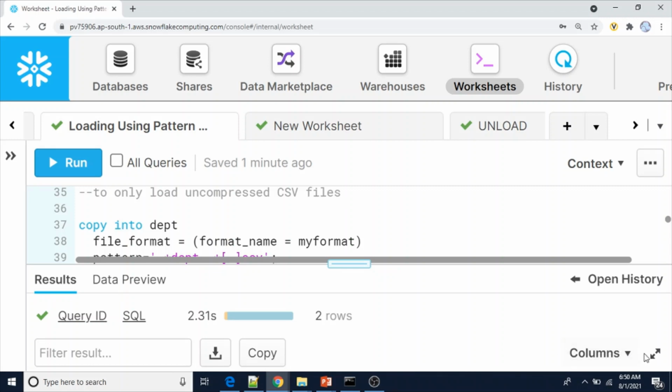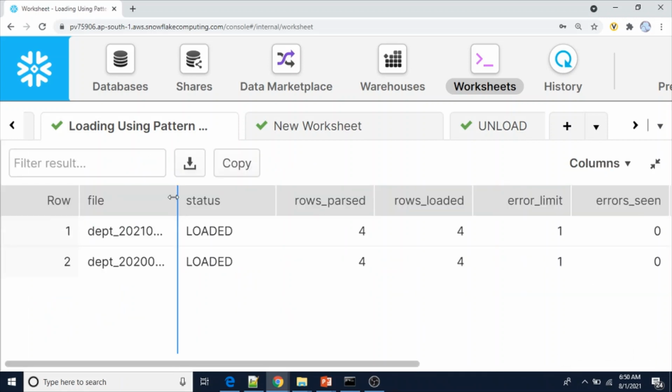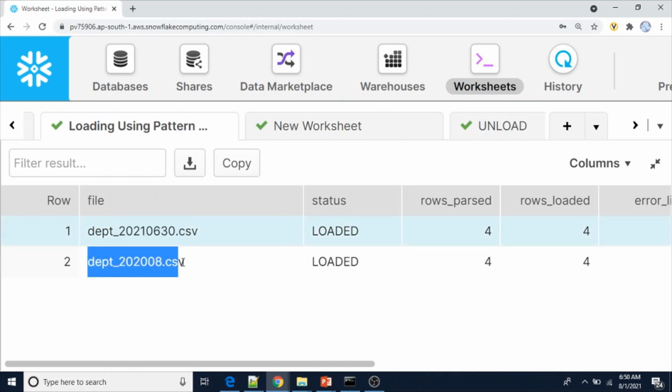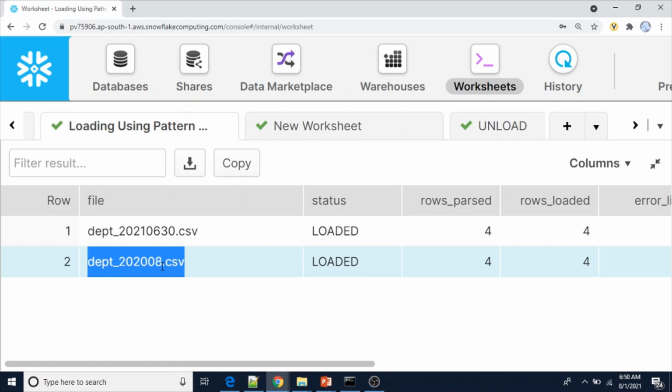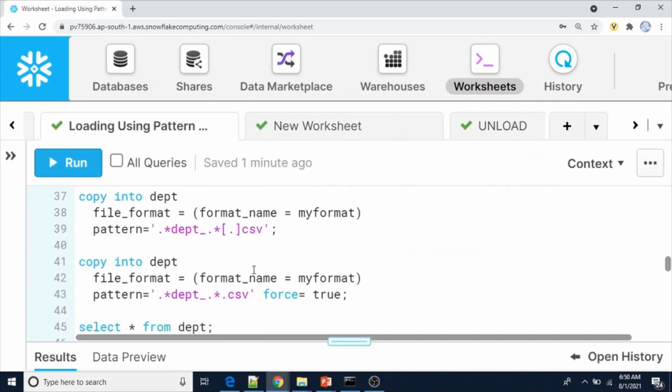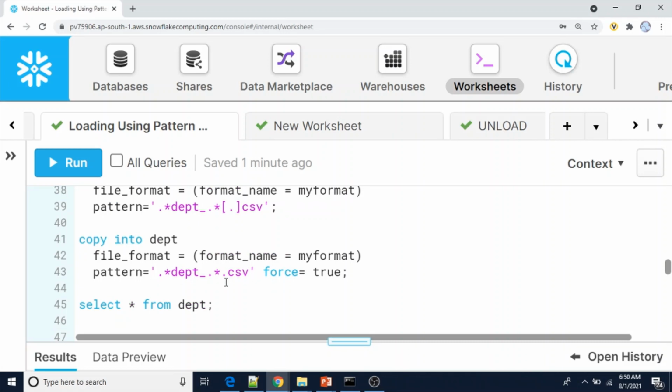See here, 2 files are loaded: one is June 30th and the other is department 2020-08. So 2 files have been loaded. Then you can also use it without the period. Because the files have already been processed, we have to use force.